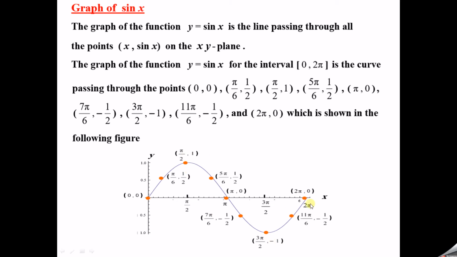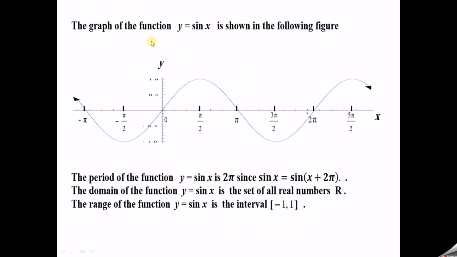And we are writing these values of sin x between x 0 and 2 pi only, because sin x is periodic with period 2 pi. After this 2 pi length, the same values will be repeated. We can see this curve, which is the graph of sin x. We wrote the values of sin x between 0 and 2 pi: sin 0 is 0, sin pi by 2 is 1, sin pi is 0, sin 3 pi by 2 is minus 1, sin 2 pi is 0. So between 0 and 2 pi, we got this curve as we saw before. And the same values of sin x will be repeated after 2 pi.